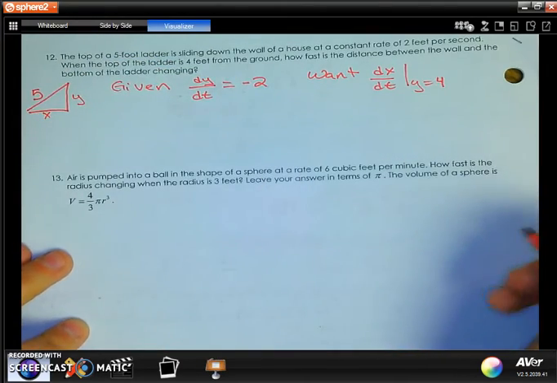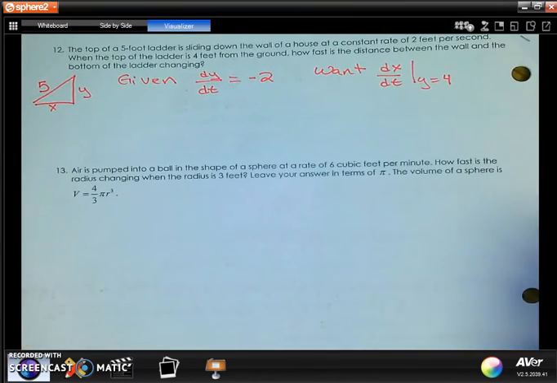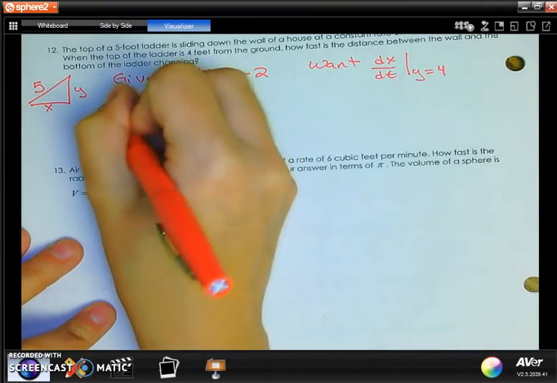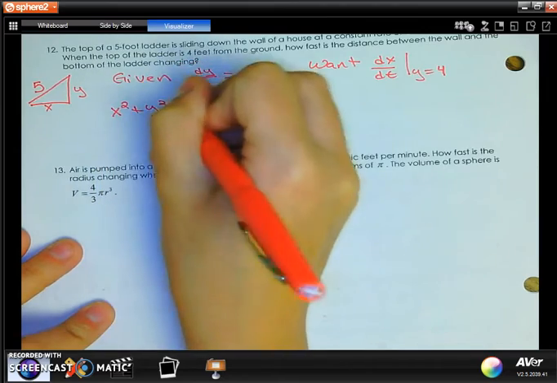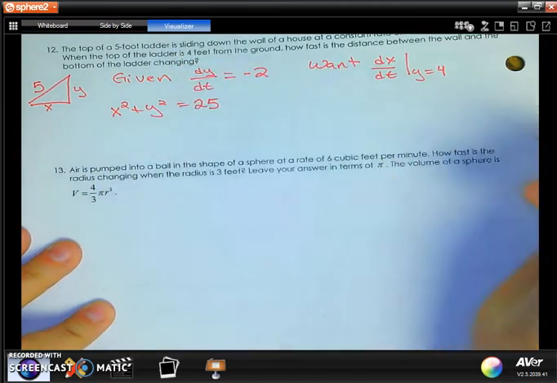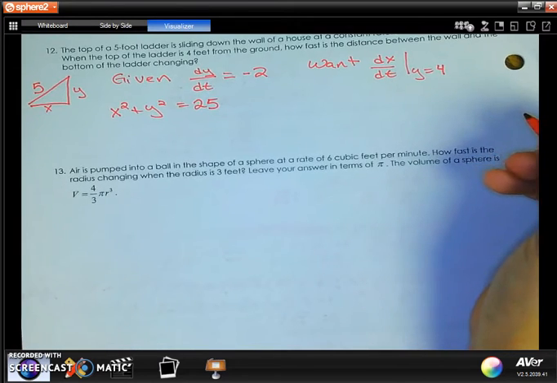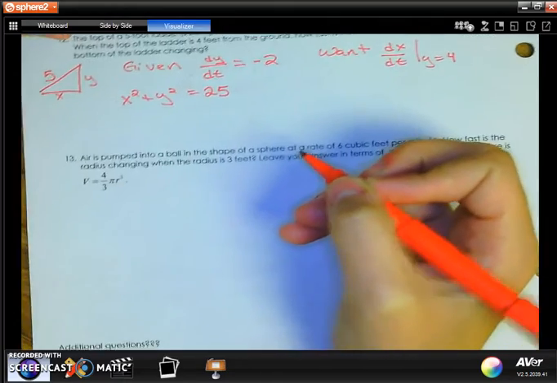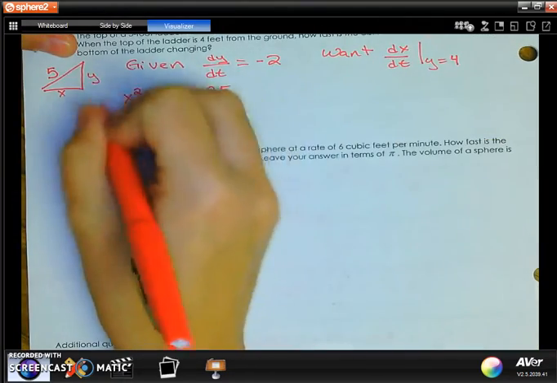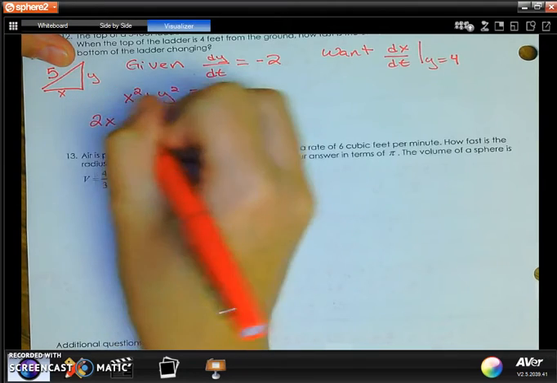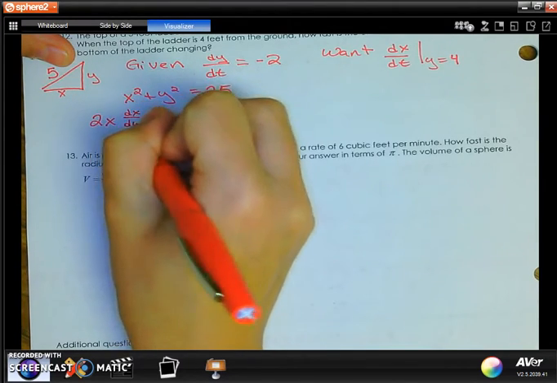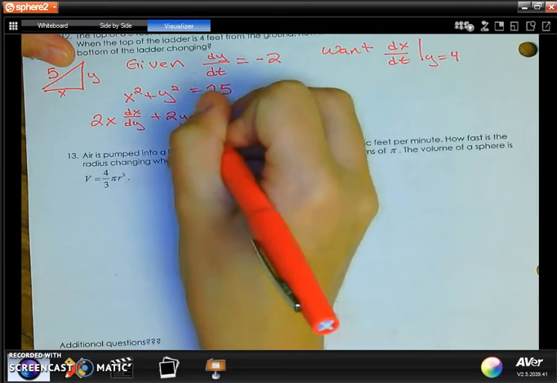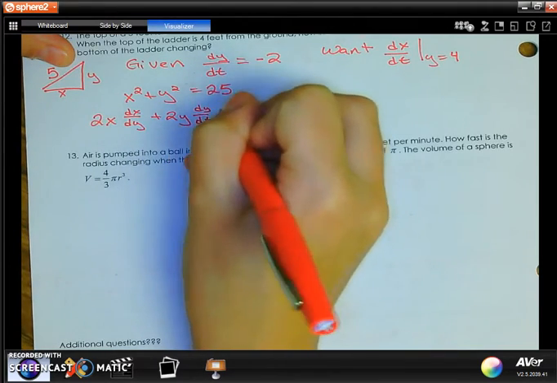Okay, and the formula that I need to use for this, you're going to use the Pythagorean theorem. So you know that x squared plus y squared equals 5 squared, which is 25. Okay, and we need to take the derivative of that. So remember, with related rates problems, you're taking the derivative with respect to time. So anytime you take the derivative of something and the variable is not a t, you need to adjust it with that implicit differentiation technique. So when I take the derivative over here, I'm going to get 2x dx/dt plus 2y dy/dt equals